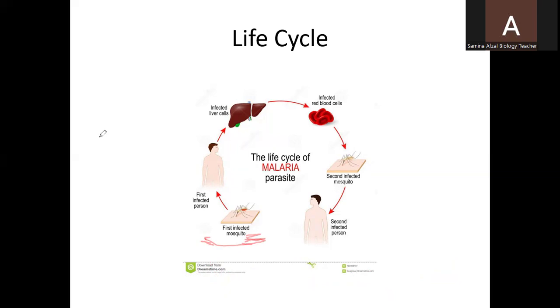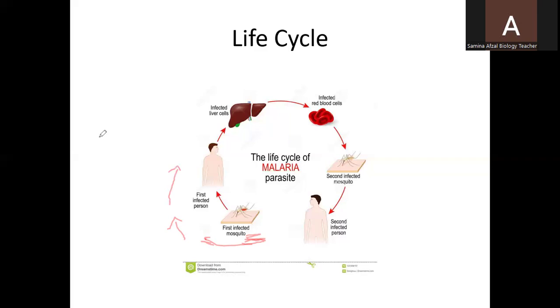So when that mosquito bites that person, now the Plasmodium are in the mosquito's mouth or saliva. And then if that mosquito bites another healthy person, it will transfer the Plasmodium into the body